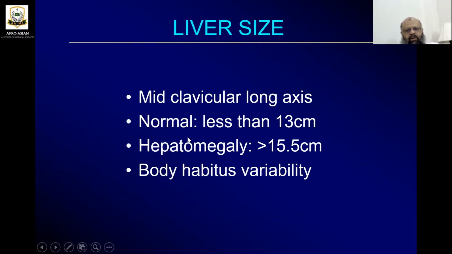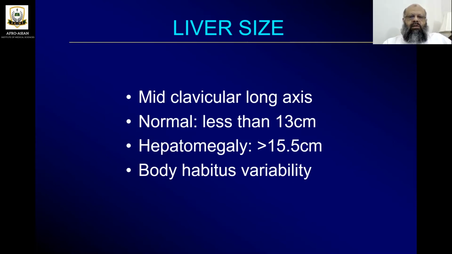And when we measure in long axis, the normal size is usually 13 centimeters, but we take it normal up to 15.5 centimeters. So the average will be 13 centimeters in adults. When it is above 15.5 centimeters, we label it as hepatomegaly, whereas in countries having more